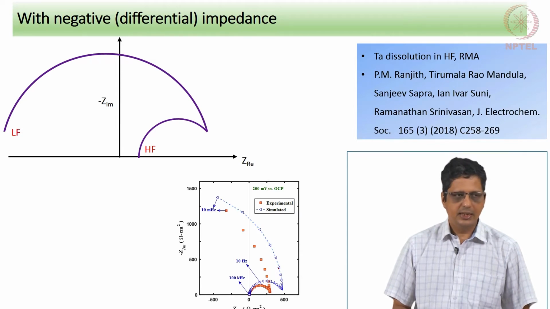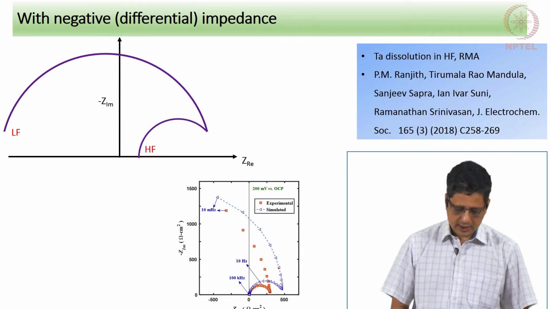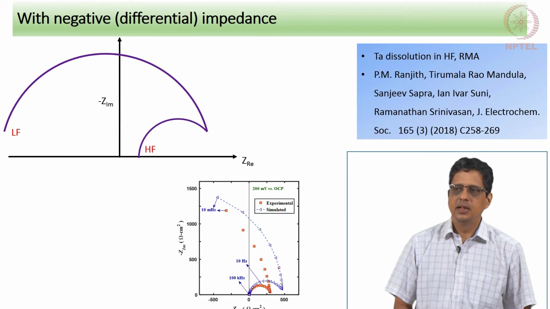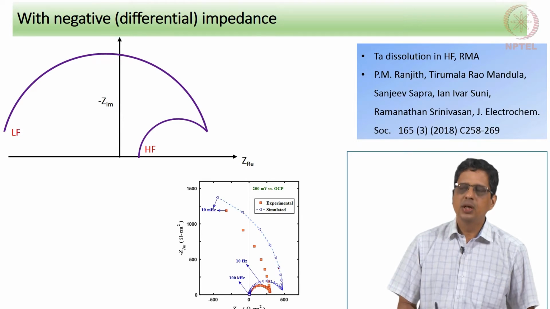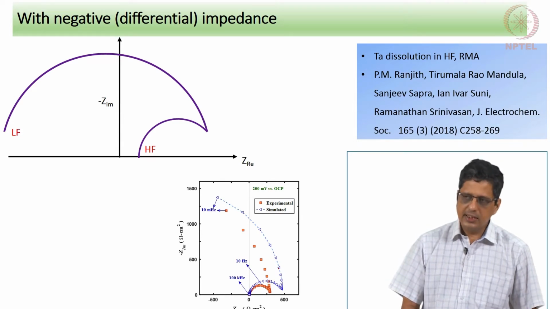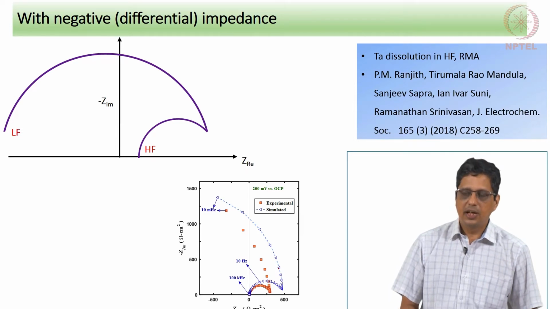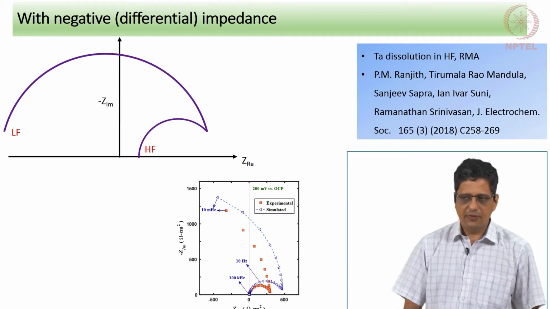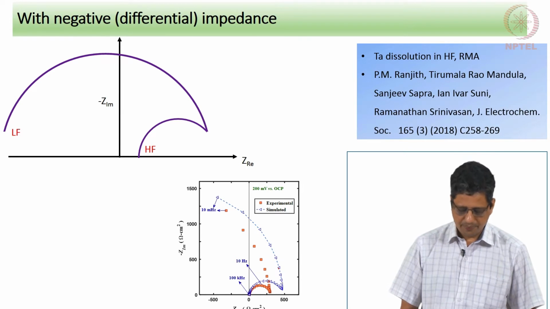We have also analyzed it using mechanistic analysis, where we fitted not just this data, but polarization data as well as impedance data at multiple DC potentials, and if you remember right, at 2 different HF concentrations, and modeled this. The fit is not as good as what one would get from EEC, but even if it is a moderate quality fit, the information we get out of that is a lot more.